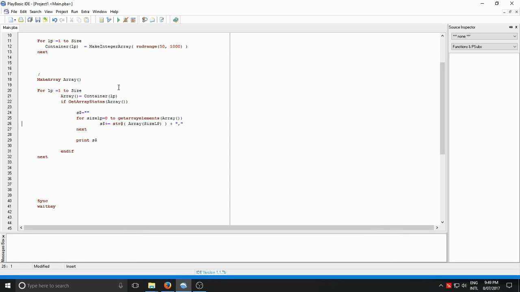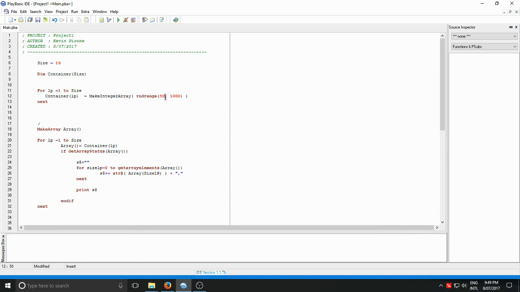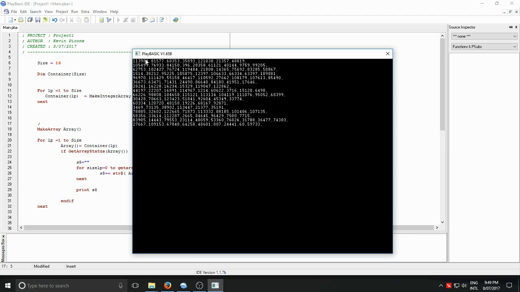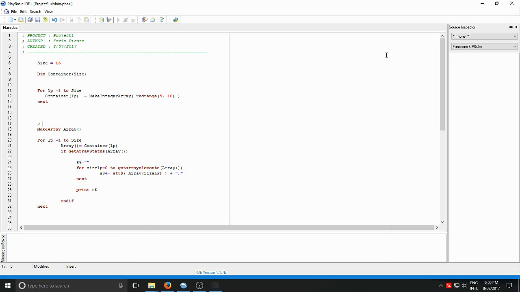Now the arrays are too large. I'll make them smaller so they sit on screen. So this time they'll only be between 5 and 10 elements long. That's better. So we've got these. We're treating them like we've got these different sized lists. If you wanted to, you can make all the array functions work on these stub arrays here. So once you've grabbed the handle from wherever you stored it, you can manipulate them however you want. And then